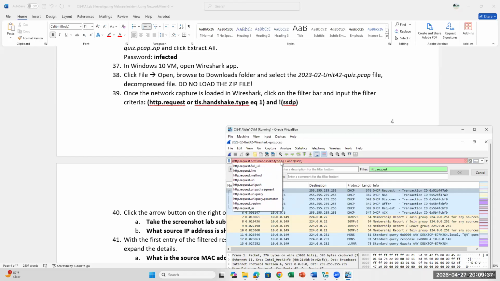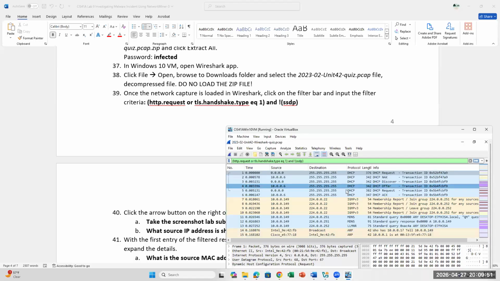Yeah, sometimes you have to see if they change the filter syntax. Yeah. So make sure that it's green. I don't know. For some reason when I typed it earlier, it wasn't going. Perhaps I typed in something wrong, but if it's red, retype the criteria, the argument, and then we're going to